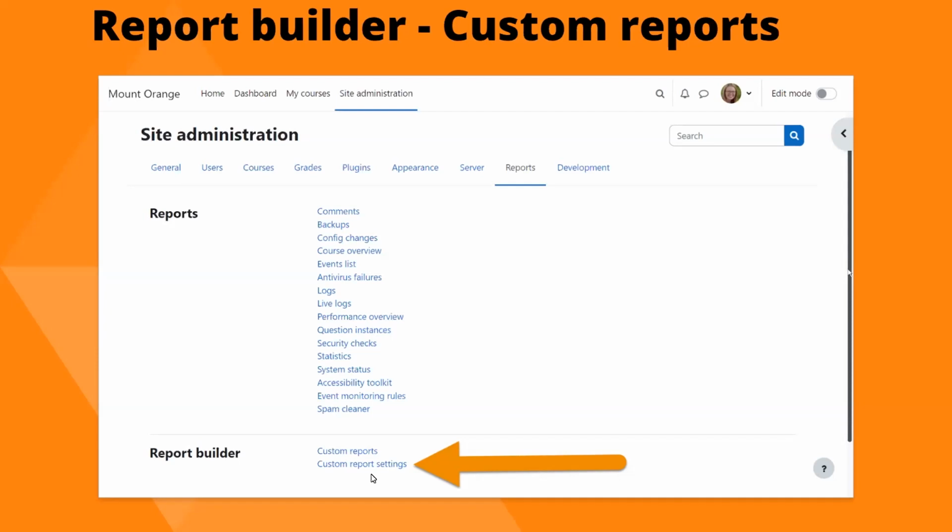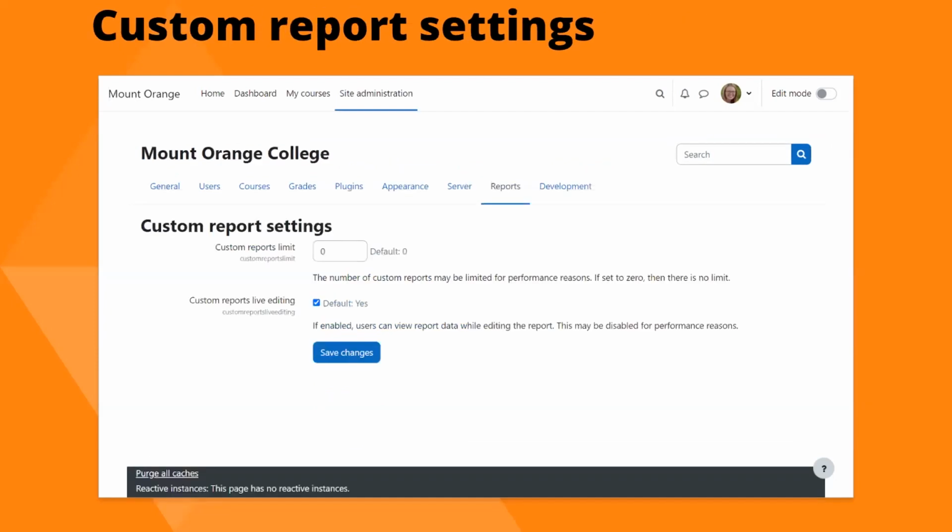You can see custom report settings, and that allows you to improve the performance of custom reports by limiting the number of reports that can be made or disabling live editing. Both of these can sometimes have an effect on custom reports on your site, so that's what you can limit there.